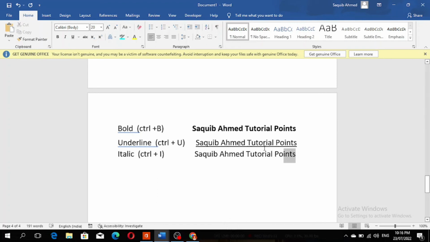Last one, italic. How do I convert my line into italic style? First of all, I select my line, and here are two methods, short and long. First one, I press Ctrl plus I on my keyboard, and you see that this line is converted into italic style, and the long method is go to the font box and here is the